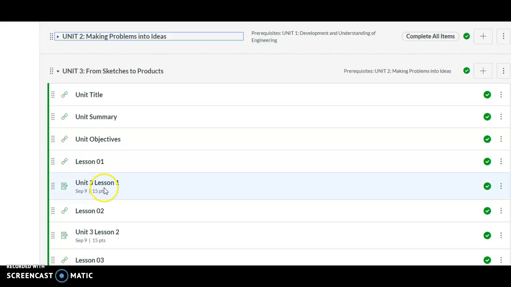And once you're done with Lesson 1, you want to go here to Unit 3, Lesson 1. This is your assignment. And you know that it's an assignment because of the little paper with the pencil next to it. So you want to go there, make sure that you are thoroughly explaining what you have gathered from reading Lesson 1. Okay, make sure you are using correct grammar. Make sure that you are using